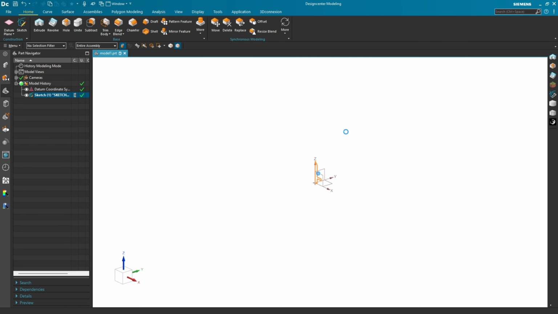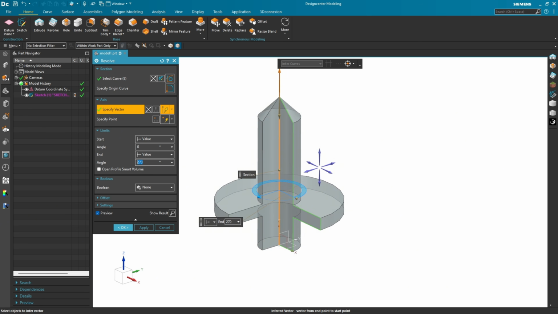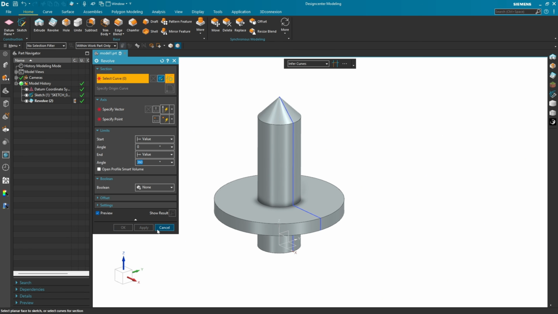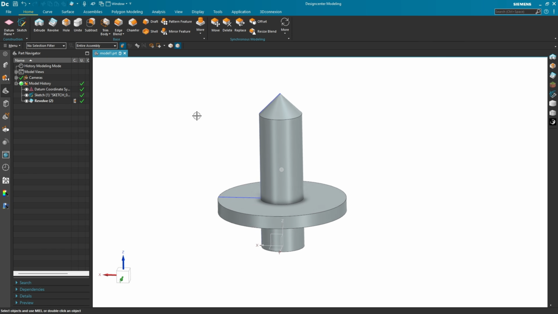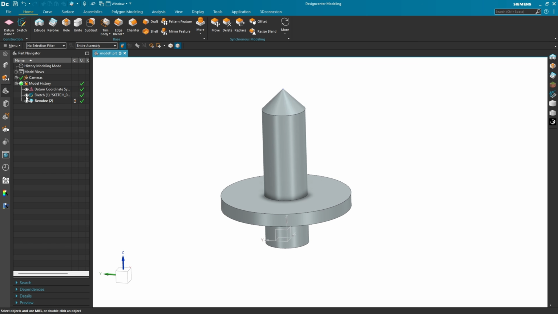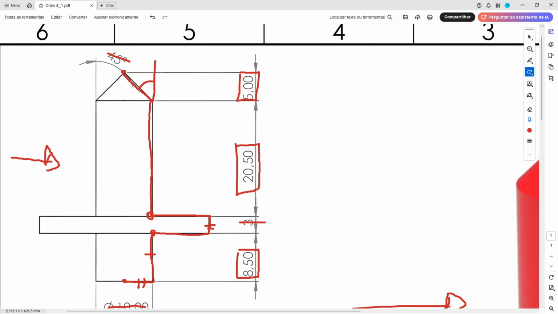We need to revolve this, so go to revolve feature, the profile is this one, the specify vector, select here and click the center line, and the angle here is 360 degrees. Apply, you can close here. We made this profile, this part, okay, so hide the sketch one, and now we need to create some holes